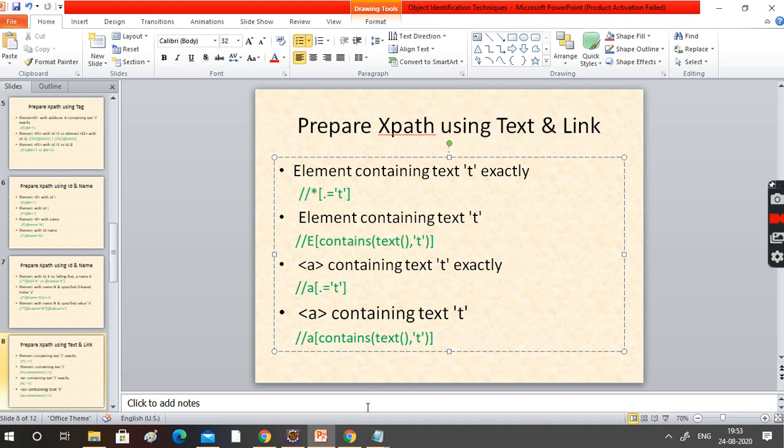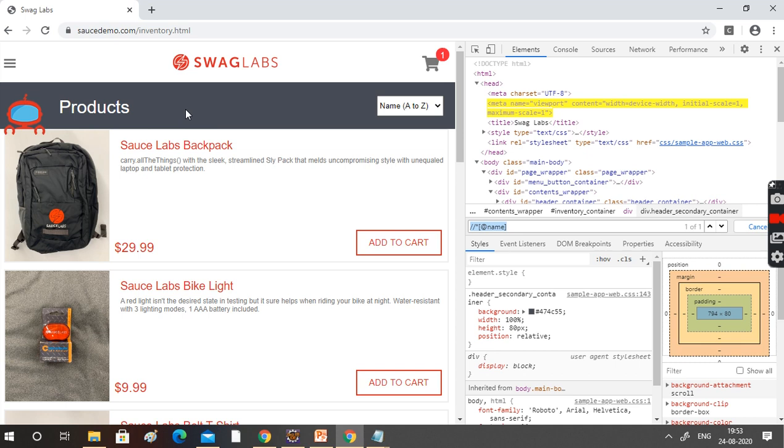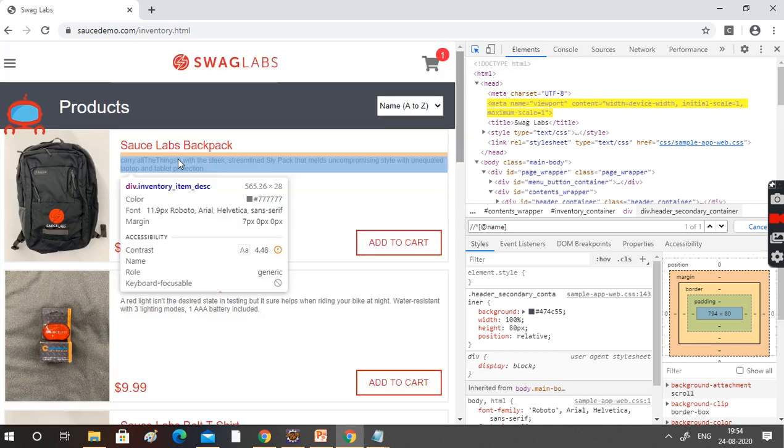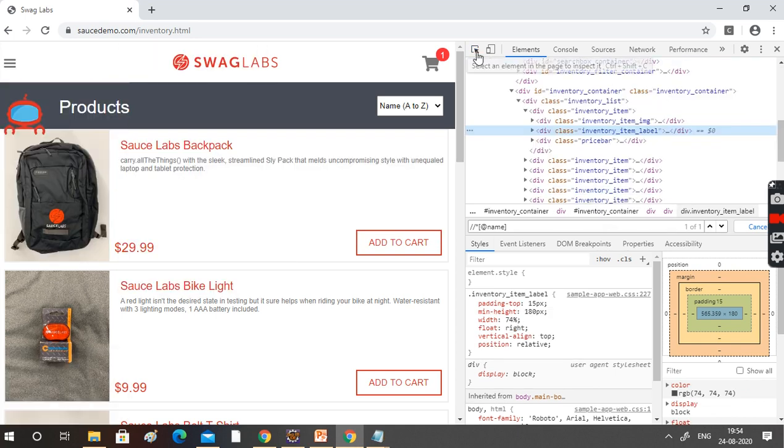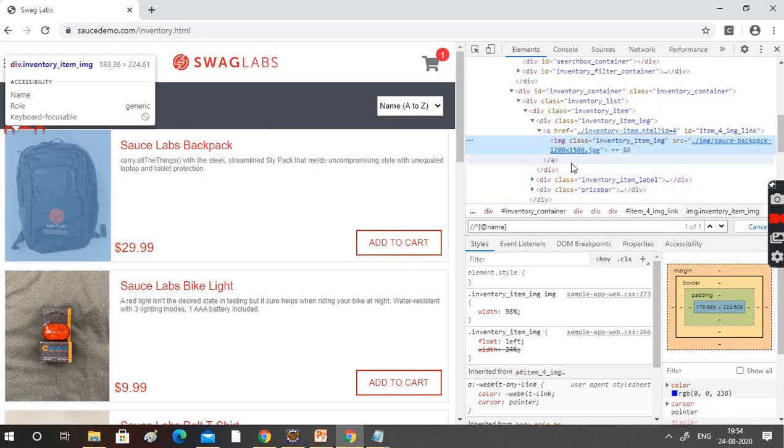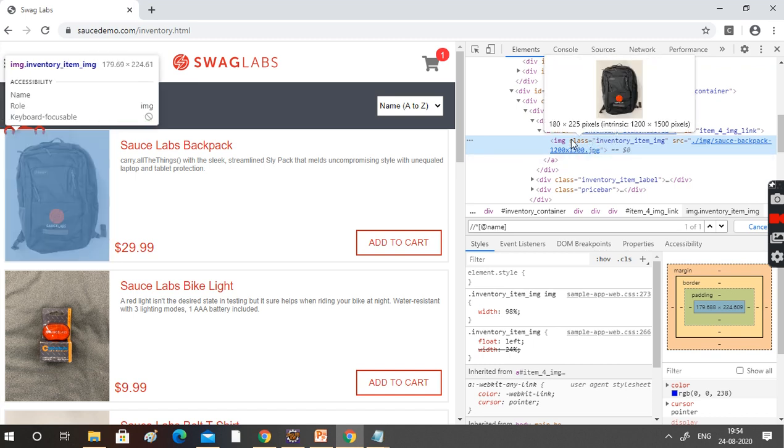Okay. Let's go to the previous site. I want to identify this one, the image.